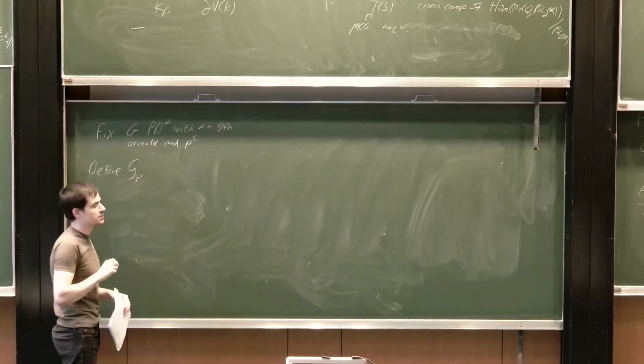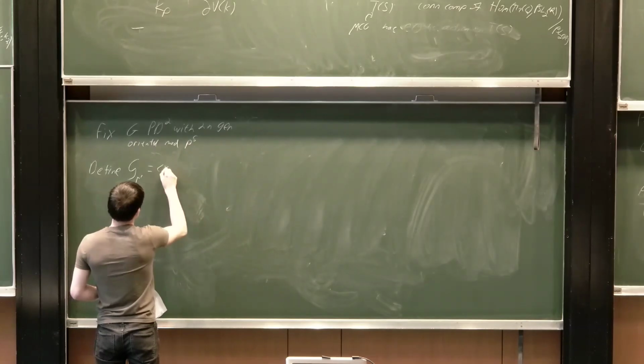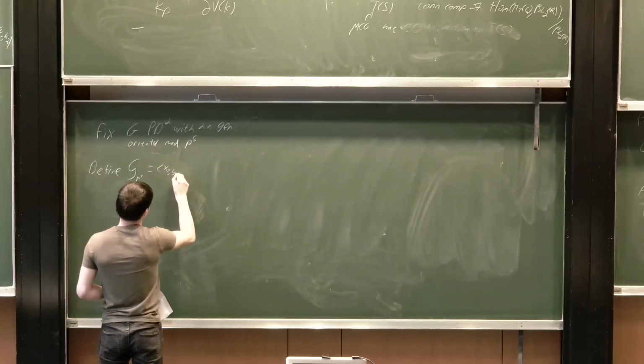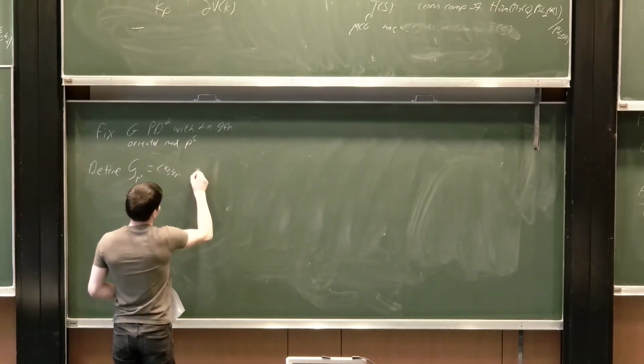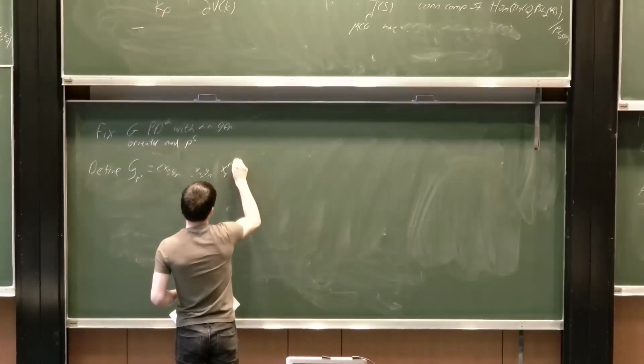So we have a family of discrete groups, which is the group generated by x_1, y_1, through x_n and y_n, such that x_1^(p^r)